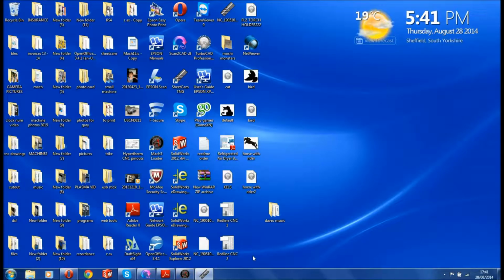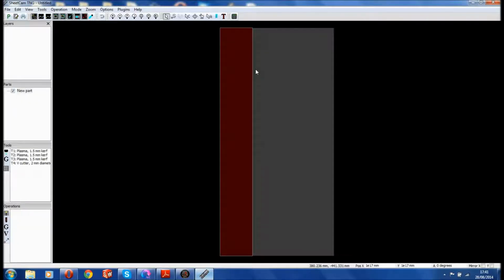Right, first thing we're going to do is open SheetCam up, and as we can see here, that's the table area, and this red here is the sheet. So we're going to change the sheet, because I only need a small piece of sheet at the moment. We're going to job options,